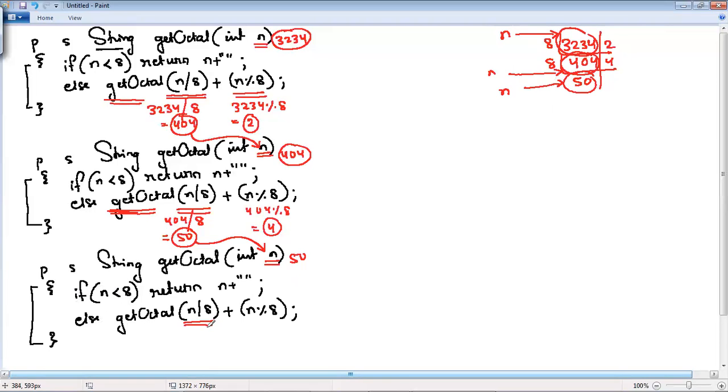Now here, n divided by 8 is passed. What is n? 50. 50 divided by 8, 8 6s are 48. So the quotient is 6. And what is the remainder? 50 modulus 8, 8 6s are 48, remainder is 2. So here the remainder value is 2. Since the method is calling itself again,